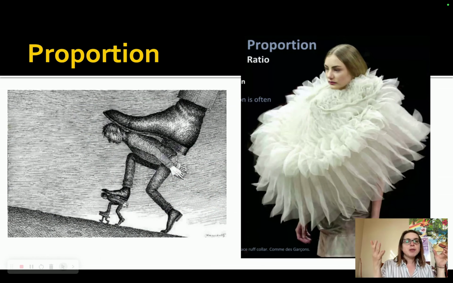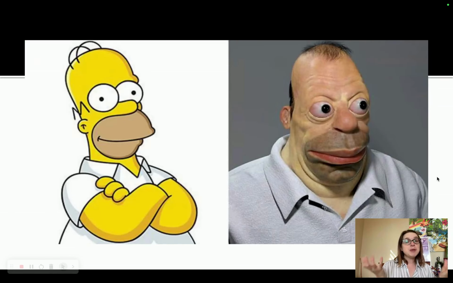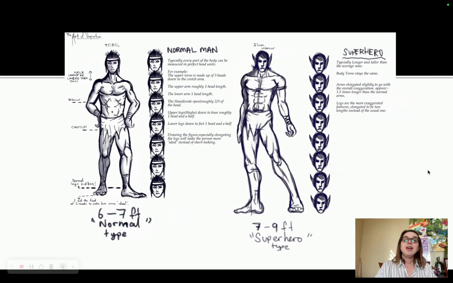In this clothing here, the model is wearing this giant cowl. It looks like a cowl or a scarf. It's huge. The proportions look ridiculous. If we were to think about The Simpsons, and if Homer Simpson was a real person, we know the proportions would be totally not correct. And often with drawing and painting, if you want to draw humans or people or figures, you often have to think about proportions, because if you don't draw them in a proportional way, they look a little odd.